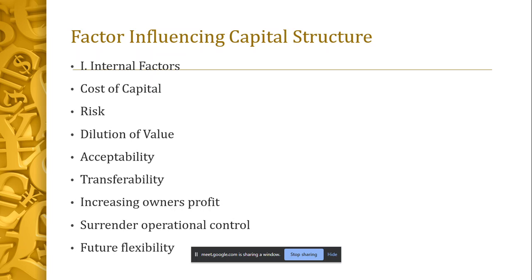And one last point in the internal factors is matching fluctuation needs against short-term sources of funds. That is to say, short-term sources are ones which you can sell, and the money would not be invested for a long time in them. They are more liquid than long-term funds. That's why matching these needs against short-term sources also influences the capital structure.